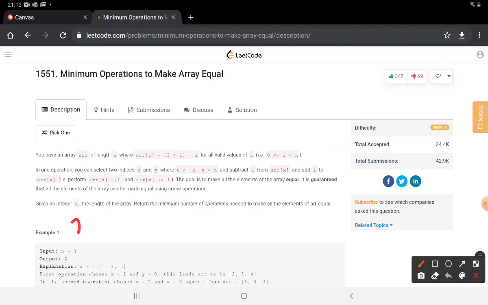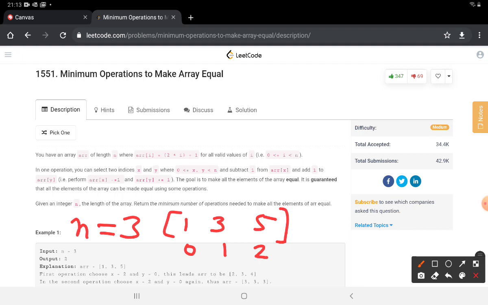For example, n may be equal to 3, and this means that I have an array whose element at ith index is 2k plus 1. So index 0, 1, 2, these would be the three indices. So my elements would be 2 into 0 plus 1, which is 1, 2 into 1 plus 1, which is 3, and 2 into 2 plus 1, which is 5. So 1, 3, 5. These would be the elements in my array, which is of length n.